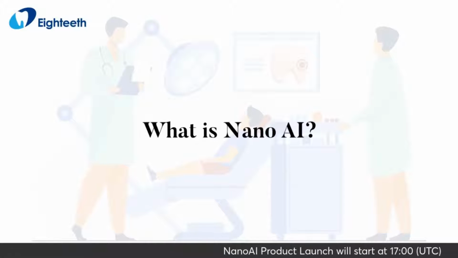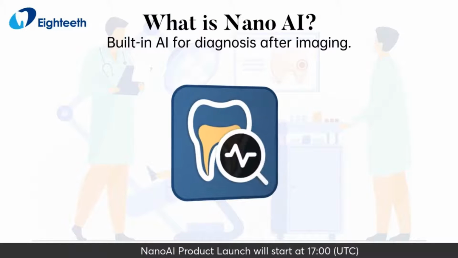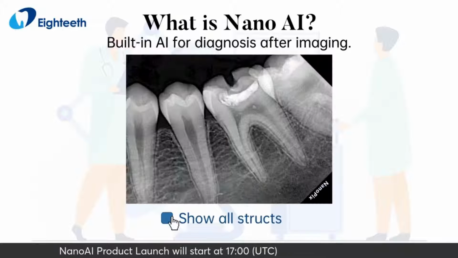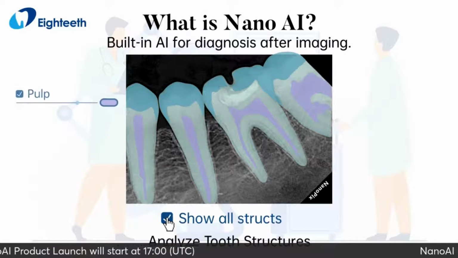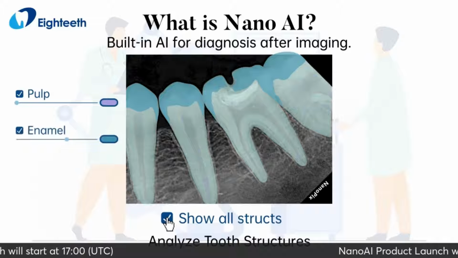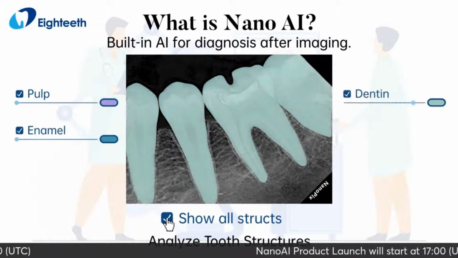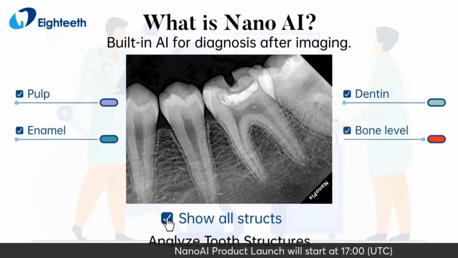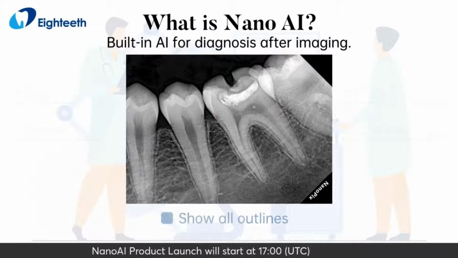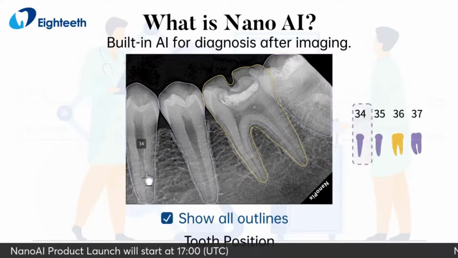What is NanoAI? It's built-in AI for diagnosis after imaging. It can analyze tooth structures, including pulp, enamel, dentin, and bone level. It also can analyze tooth position